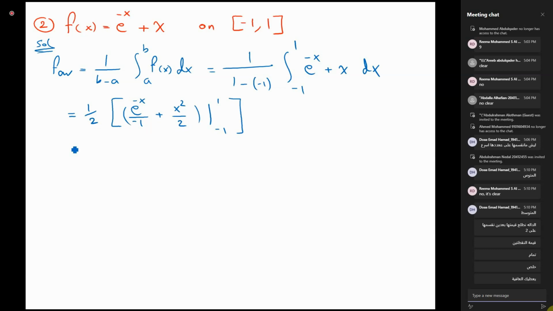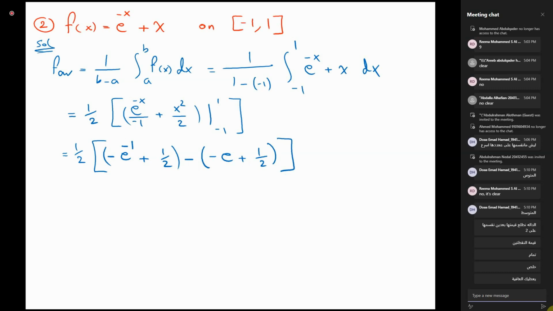This equal 1 over 2, substitute 1, so we have minus e to the power minus 1 plus substitute 1 over 2 minus substitute negative 1, we have minus e to the power 1 plus 1 over 2. Okay,